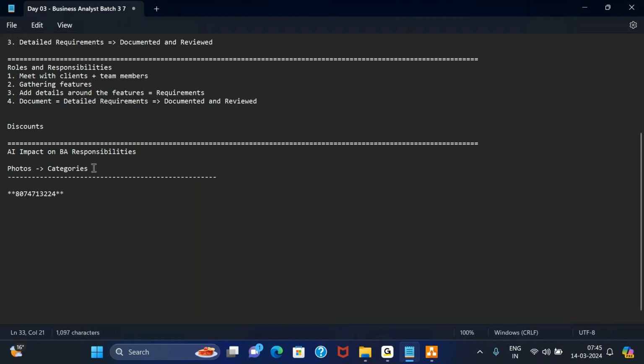Also, along with this categorization, my searching has become relatively easier. In fact, a lot of applications allow you to put in a name, like if I want to search for birthday photos, it will show you all the photos which it finds relevant with respect to the word birthday.